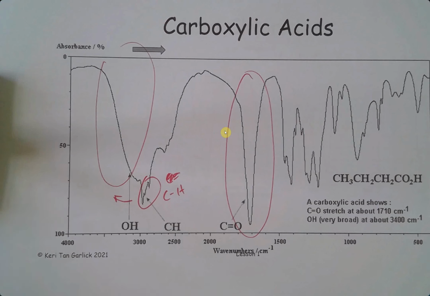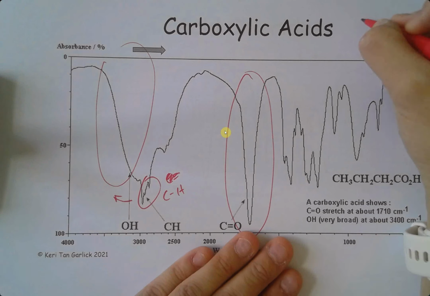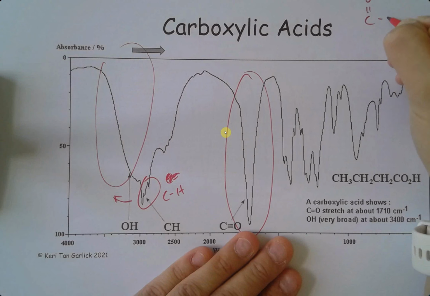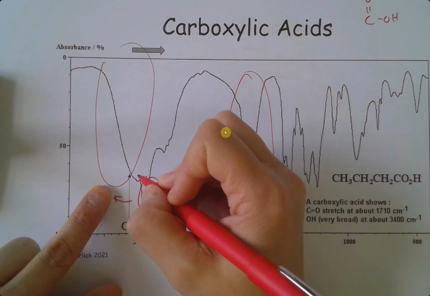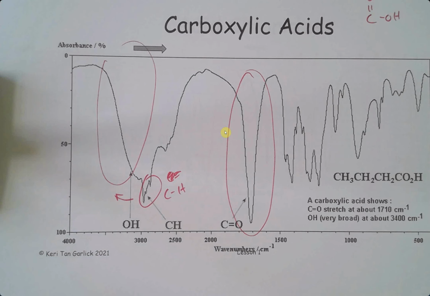So we know that carboxylic acids would have both the OH and the carbonyl group. Because when we think about carboxylic acid, C double bond O, OH. So that's why we see the carbonyl and the OH. Does that make sense? Yeah. All right, some things that are different though. First off, it has both of them, so that's how I know it's a carboxylic acid. But the other thing that I'll notice when I look at these two, hopefully